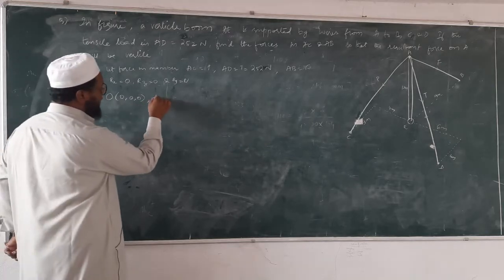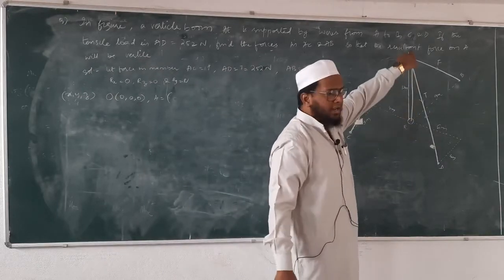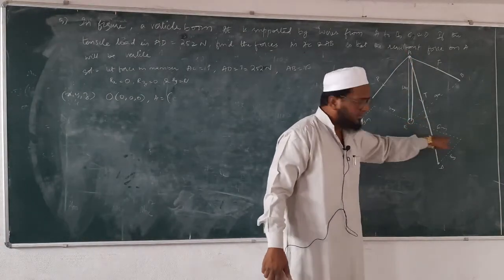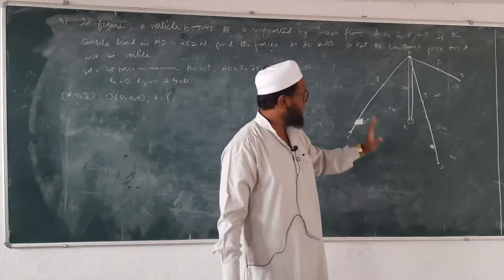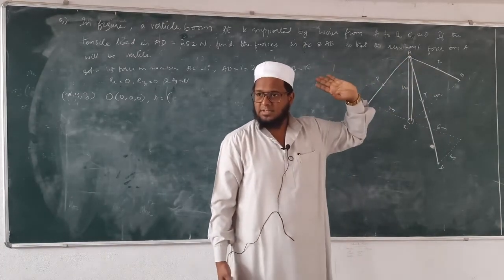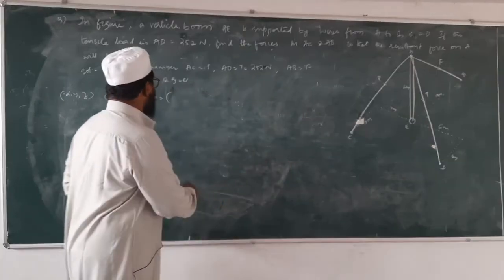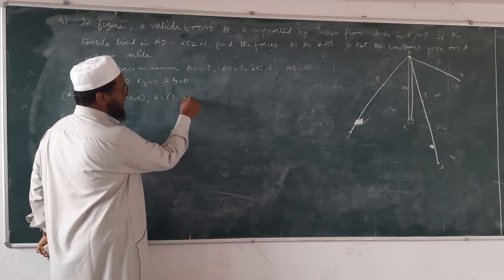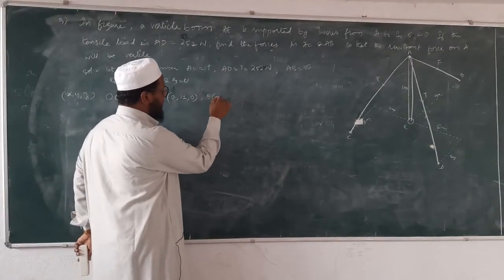What about point A? Can you tell me? See here, this vertical line is the y-axis, this is the x-axis and this will be the z-axis. We have studied this in the previous problems. You all remember. So point A is lying on which axis? It is on the y-axis, so x and z will become 0. So the coordinates are 0, 12, 0. Understood how we got this coordinate? Yes. Next is B.